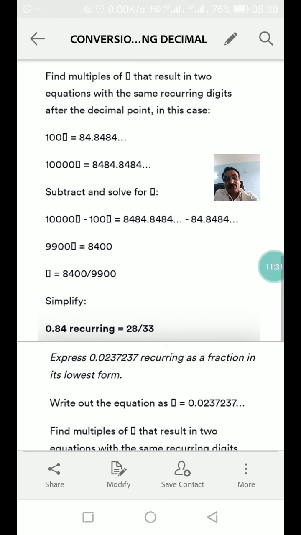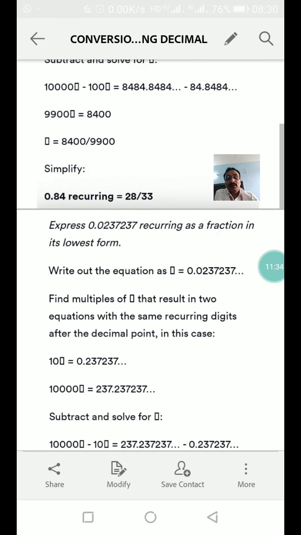Write 0.0237237 recurring as a fraction in its lowest form. Write out the equation as x equal to 0.0237237... Here 0 is on the 10th place, 2 on the 100th place, and 3 on the 1000th place. First of all, we multiply the equation by 10 and you get 10x equal to 0.237237...